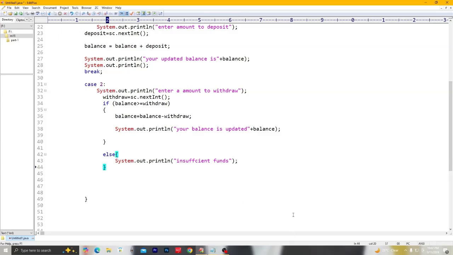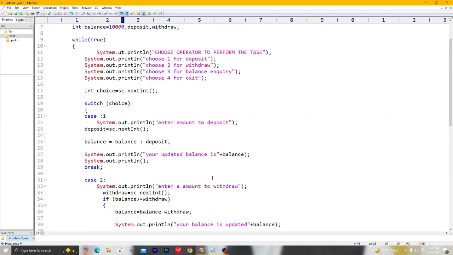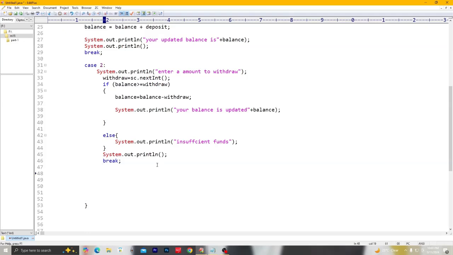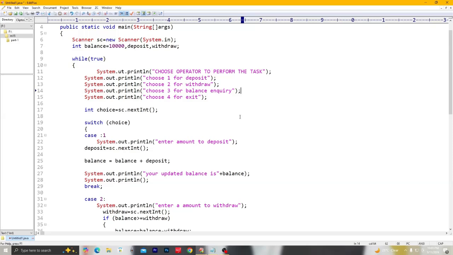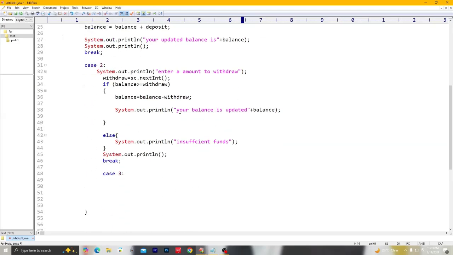Got it? Now simply, space, printing System.out.println. And now the break statement. So as you can see, our two functionalities have been done. Now let's go for case 3. Right? So what do we have for case 3? Balance inquiry, right? So we just need to print this line,